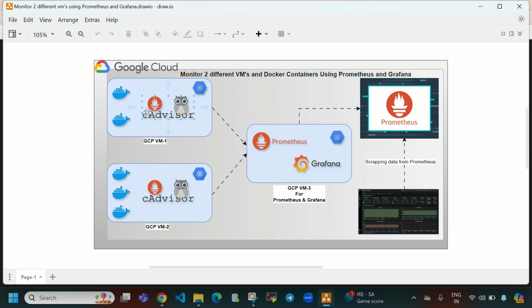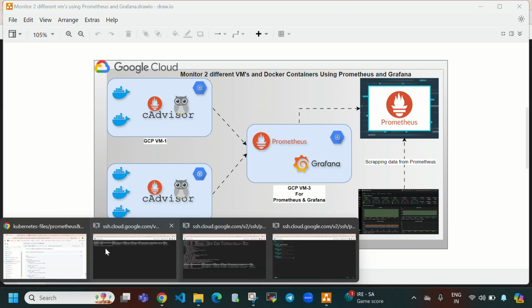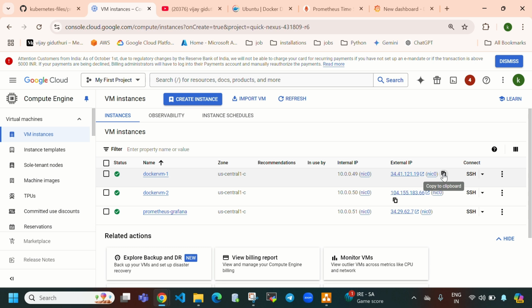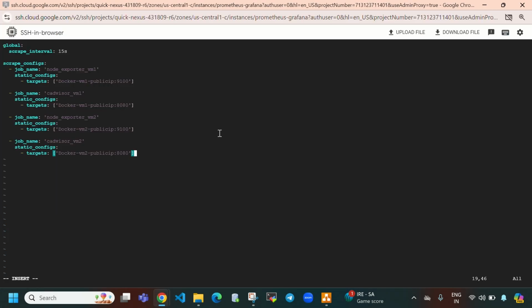Okay. So now we are going to write this scrape configuration in the prometheus.yml file. So let's come here and copy the VM1 external IP. In this virtual machine 1, my node exporter and cAdvisor are running, and in virtual machine 2 also my node exporter and cAdvisor are running. So now I'm going to copy the external IP of virtual machine 1 and go to the prometheus.yml file, and here you can see in targets I'm going to remove this, and here